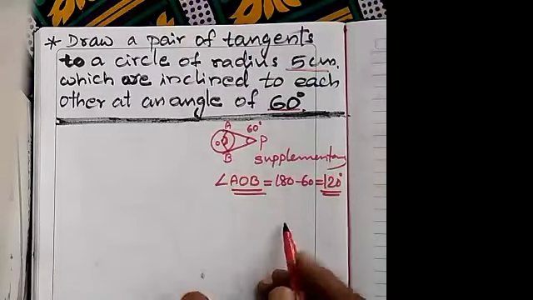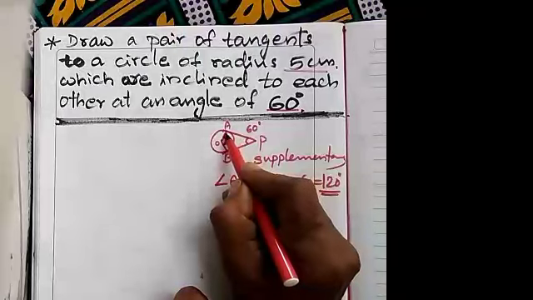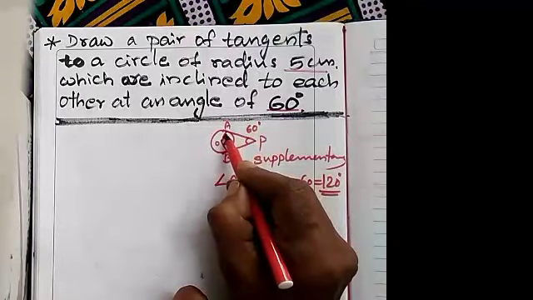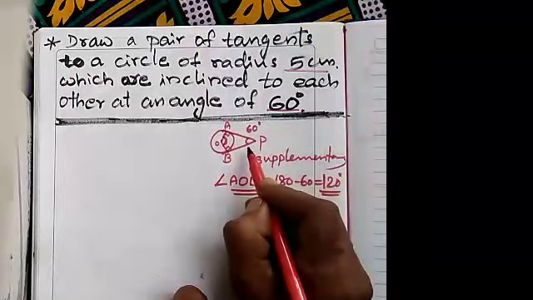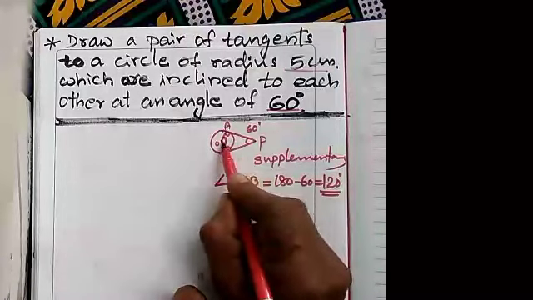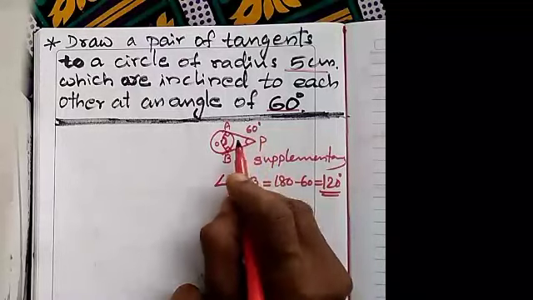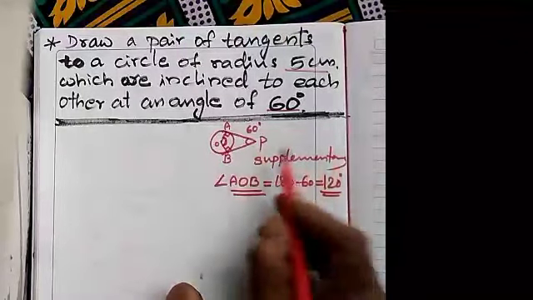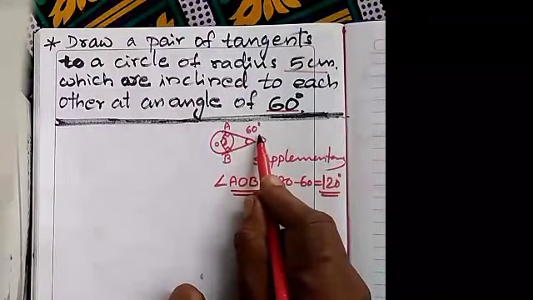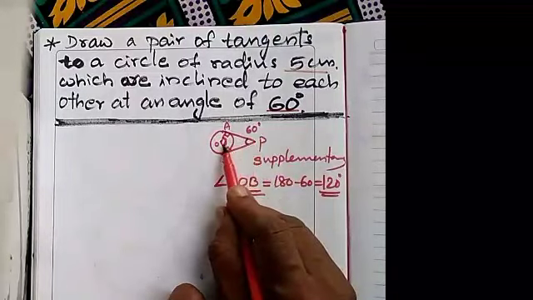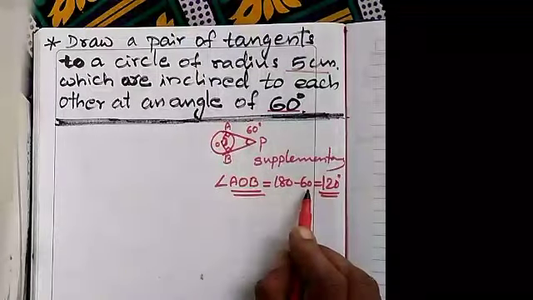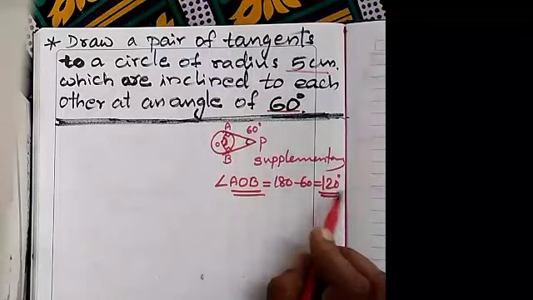So, we are applying this because here you have studied angle theorem 1. You have studied angle A 90 degree, angle B also 90 degree. And therefore, the sum of these two angles, the angle between the radii and the angle between the tangents, are supplementary. Their sum is 180 degree. One angle is given, that is the angle between the tangents, given as 60 degree. Therefore, the angle between the radii is 180 minus 60, that is 120 degree.